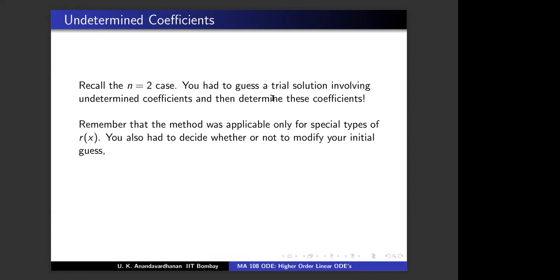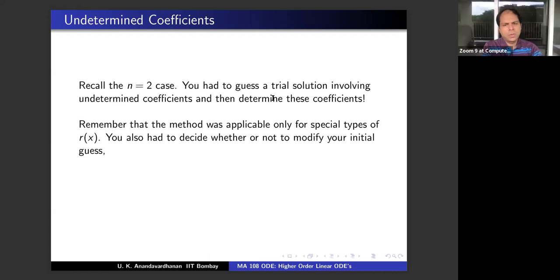Sir, what if there is e power sin x, then also it's valid? No. E power ax times sine bx was valid, but e power a sine x, we did not do that. Certain things will work, certain things will not work. I will theoretically explain a little bit what will work. A function which we did not discuss might work, may not work. When we discuss the annihilator method, you will see exactly what will work for undetermined coefficients. So wait for a few slides.